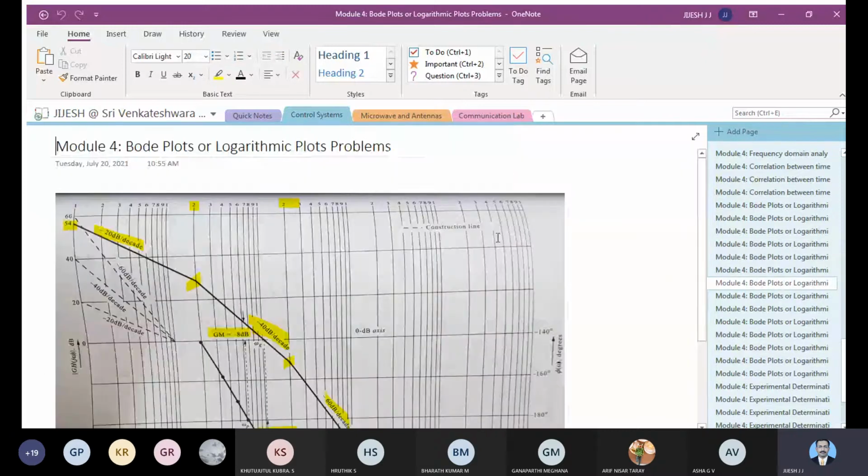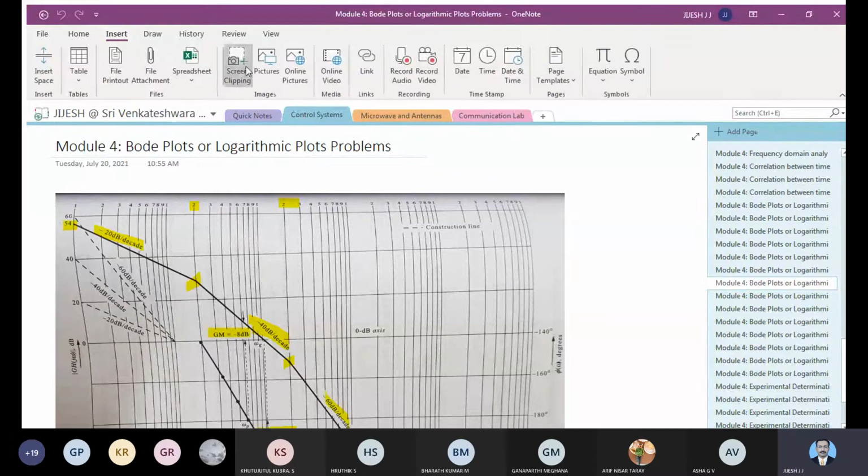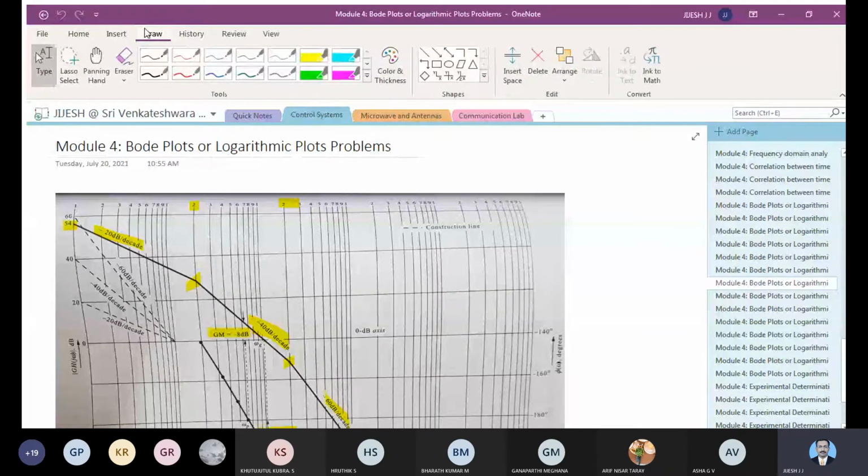You can see the first point is 54, which you have obtained, and then you draw these slopes. Put one point here, and if you put dotted lines from this point, you will get minus 20 dB. These are the reference slopes. So you get minus 20 dB here, minus 40 dB, and if you take it to 60, you get minus 60 dB per decade. So you get all three slopes.